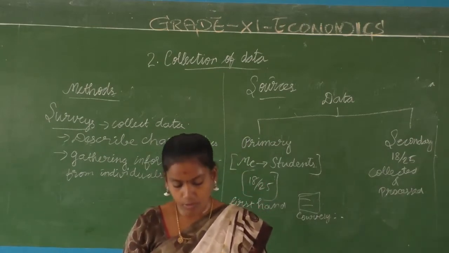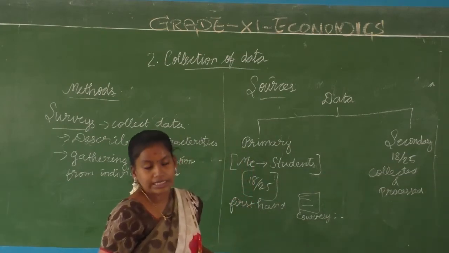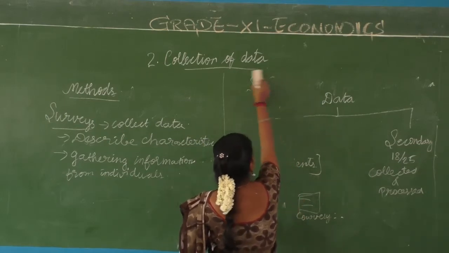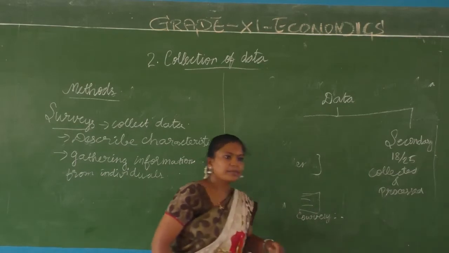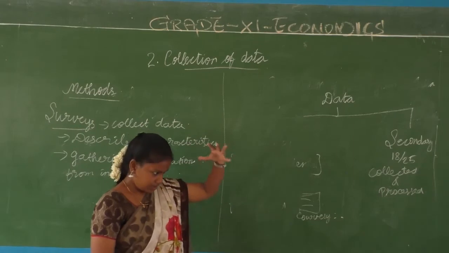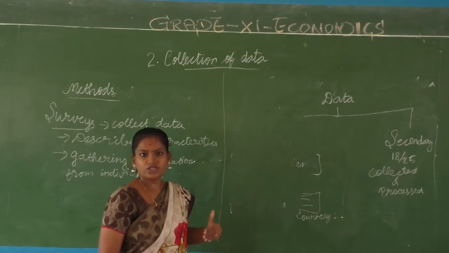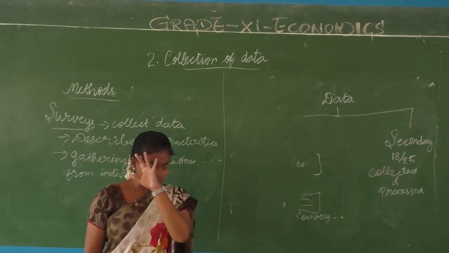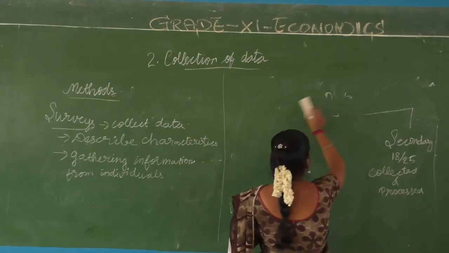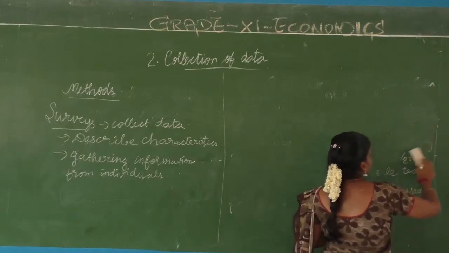Okay? So what will you do? The most common type of instrument used is called a questionnaire or an interview schedule. Okay? What are we going to discuss next? It's a questionnaire. Questionnaire means it will contain lots of questions. You have to question them. A format, a schedule or an instrument with lots of questions regarding a particular product is called a questionnaire. Surveys usually use this questionnaire only. Even in Google surveys, if you see, they will ask questionnaires.